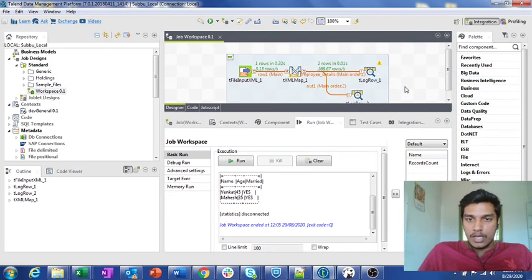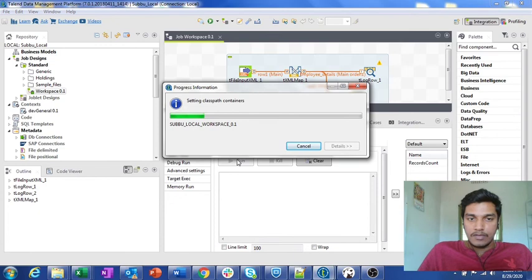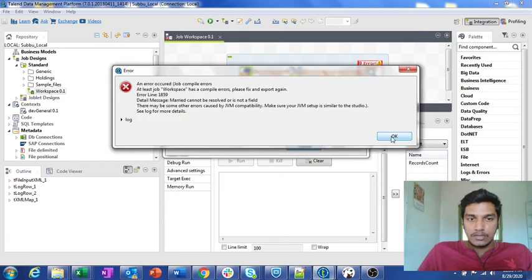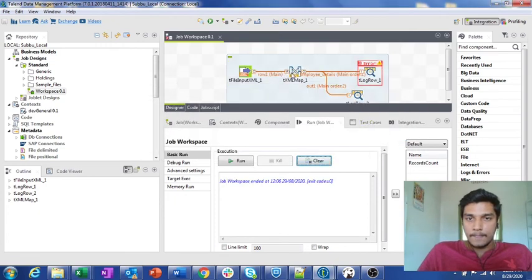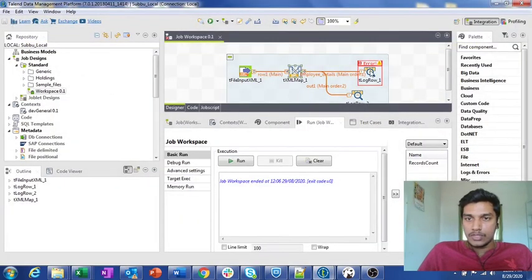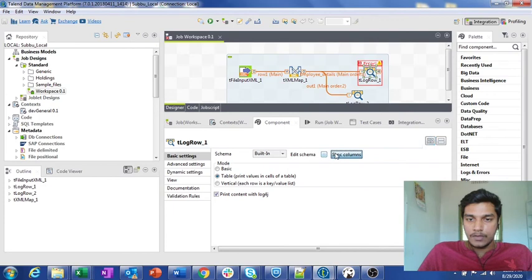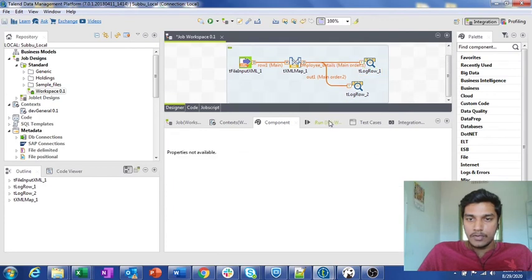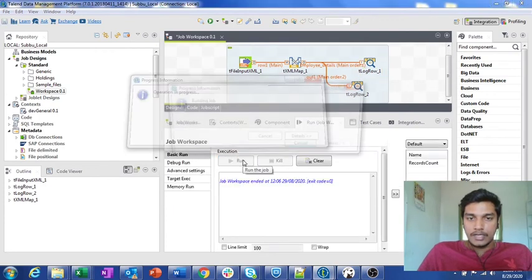Now if I run it again, in the output schema we have married, so it is showing some error here. If I give sync columns, then it will be fine. If I run it again,